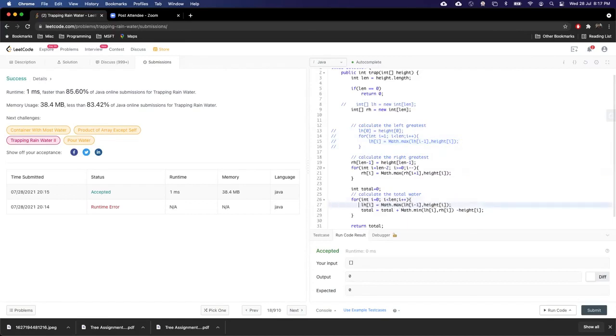I will be using the same array to store the greatest element till that point. Okay, but you will be replacing, so you will need it where it equals height of i.